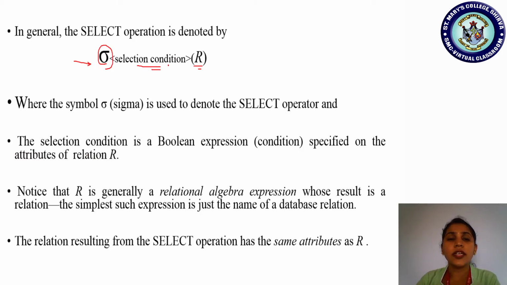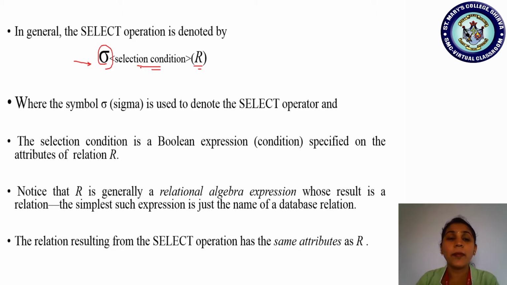So what type of condition is this selection condition? You all are familiar with relational operators, comparison operators, right? So what does boolean mean? Any condition which is going to return either a true or false value. So in the select operation, the selection condition is a boolean expression, and it is always going to return either a true value or a false value. The selection condition is a boolean expression specified on the attributes of relation R. So DNO equal to 4.